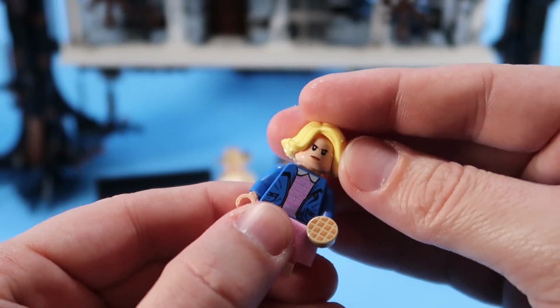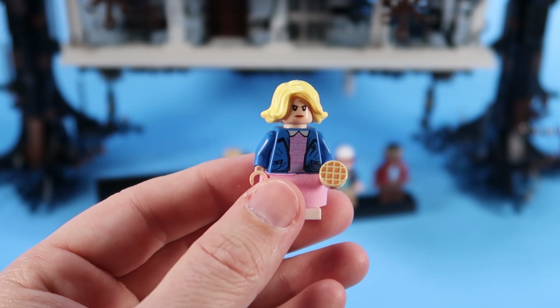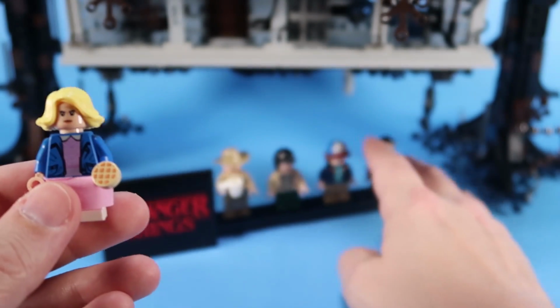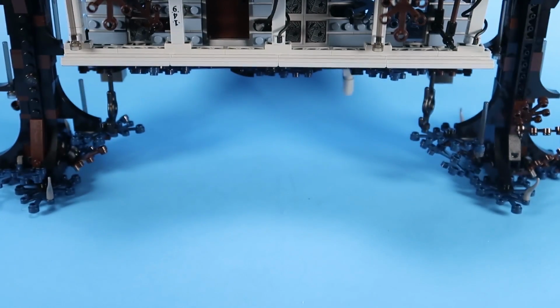I actually kind of feel like they missed out a little bit by not giving us one with a little bloody nose. But I don't know, maybe Lego didn't want to do blood. So that's my only guess there. So really great little minifigures, but now why don't we go ahead and move them out of the way